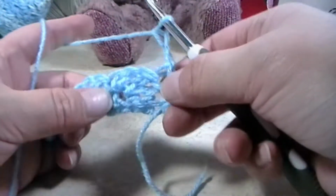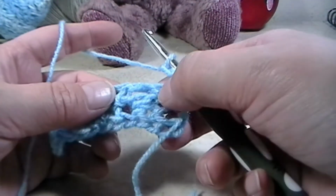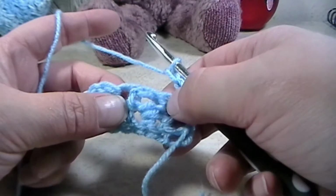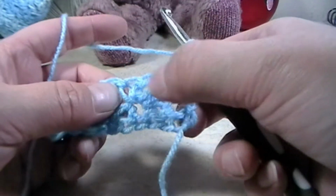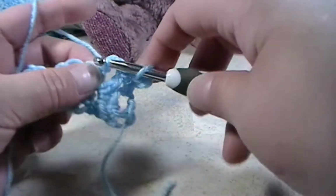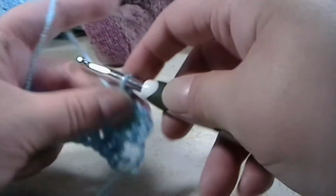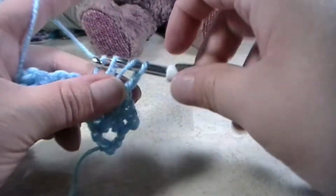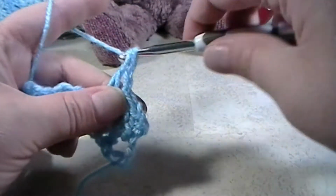Okay, turn your work. Now we have the double crochet on the right side instead of the left, the chain 1 and the single crochet. We're going to go right into that chain 1 space and do a single crochet, chain 1, and a double crochet, all into that